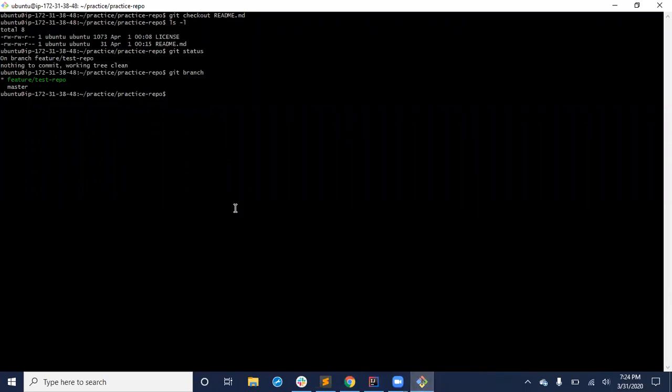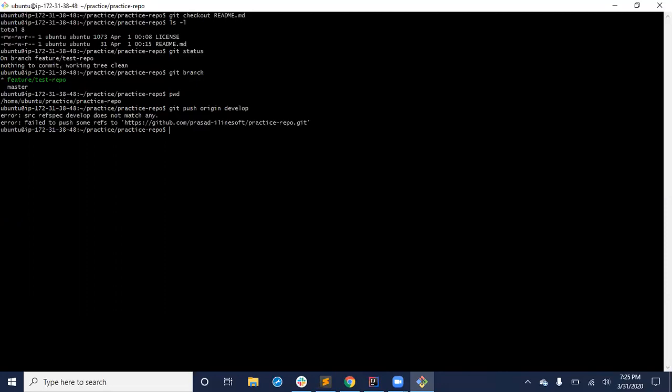Now, we did a very small change in the feature test repo. Now, let's push it. Git push origin develop, that's standard. Origin master, right? No, master is one thing. One minute. Nothing to commit, we already committed. Let me just say git push. Oh, sorry, git push origin to the test repo branch, because I was in this branch. See this highlighted branch, I am here.